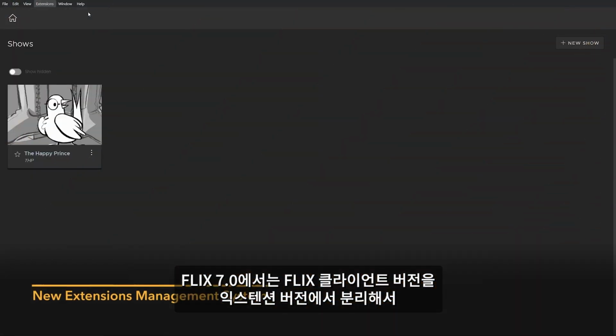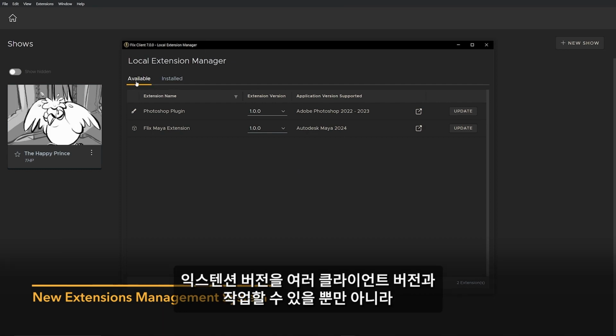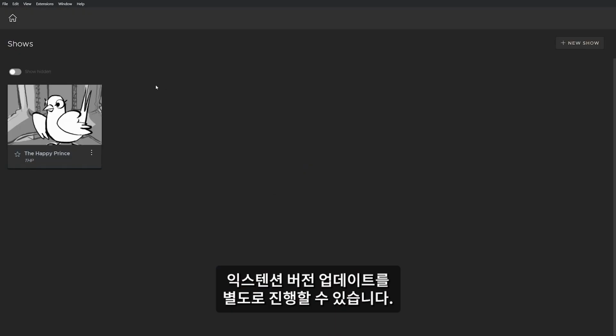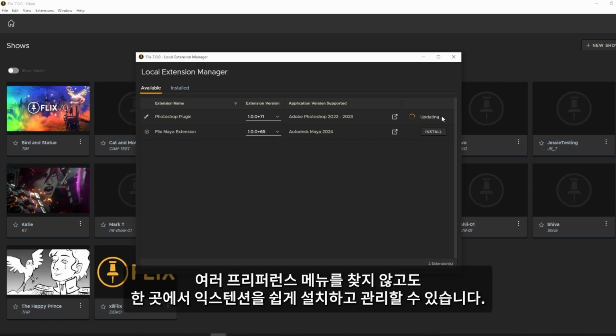In Flix 7.0, we've decoupled the Flix client version from the Flix extension version, meaning an extension version can work with multiple different client versions. It also means updates to the extensions now happen independently. The new extension manager allows you to install and manage your extensions easily in one place rather than digging through